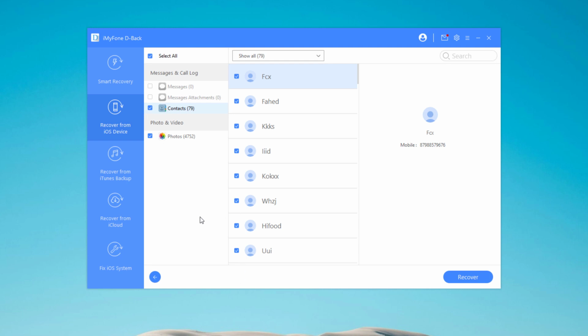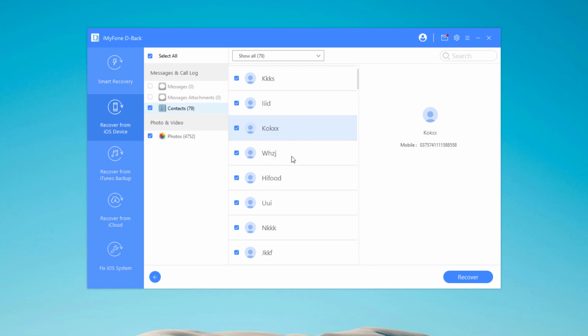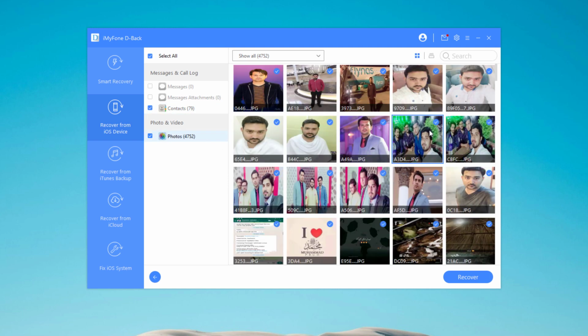Now all scanned files are on the program listed according to category. Here you can see all the recovered data, contacts and photos. Click each tab to check all files or only preview the deleted items by choosing Show only the deleted files.